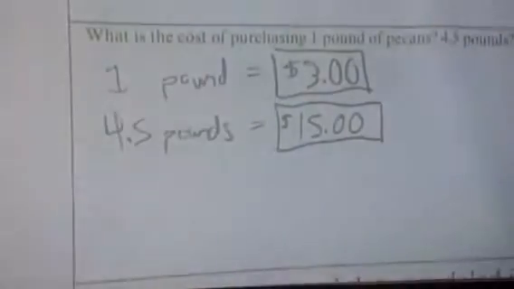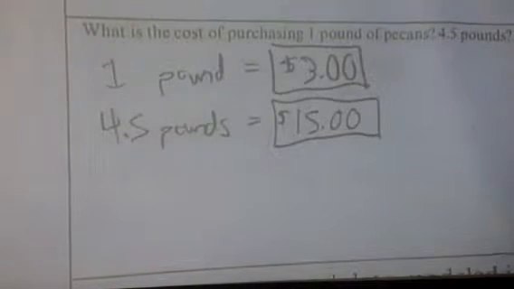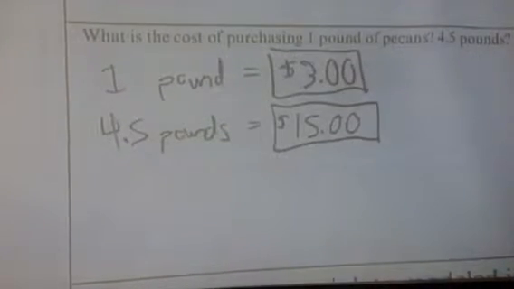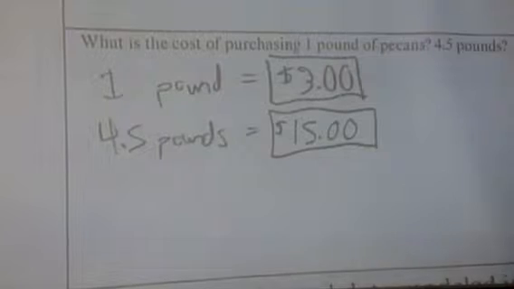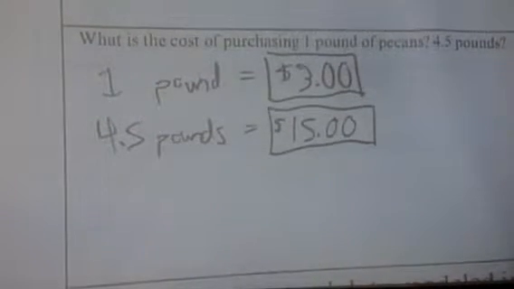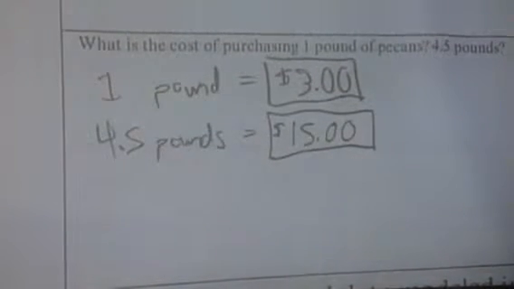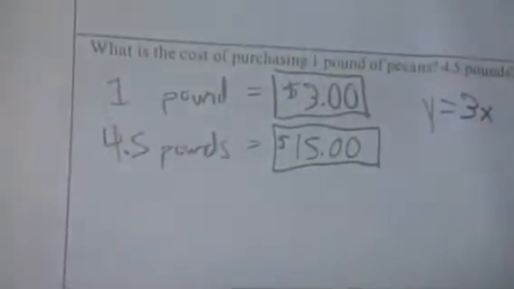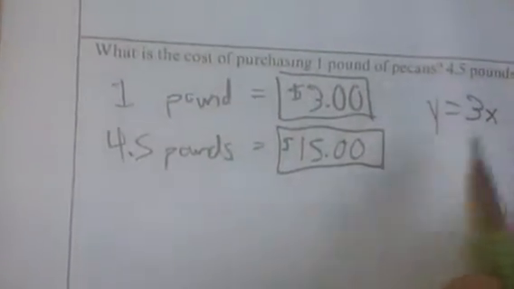Okay? If it's $3 for 1 pound, then it's $6 for 2 pounds. It's $9 for 3 pounds. It's $12 for 4 pounds. You're just multiplying each number of pounds by 3. So an equation that could represent that situation would be y equals 3x. So basically that is what we are going to graph, because the next part says to draw a graph that